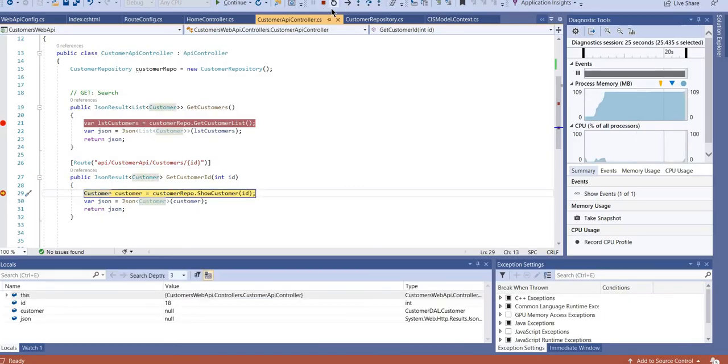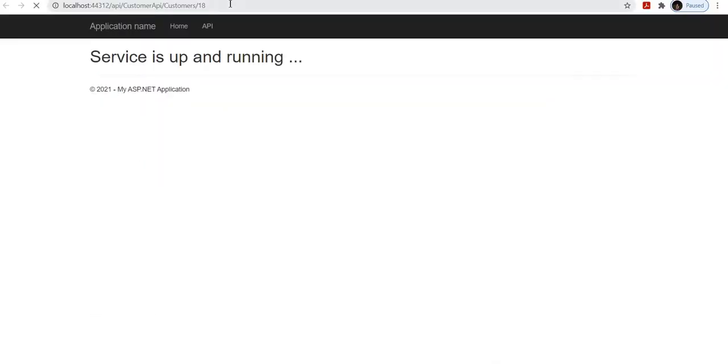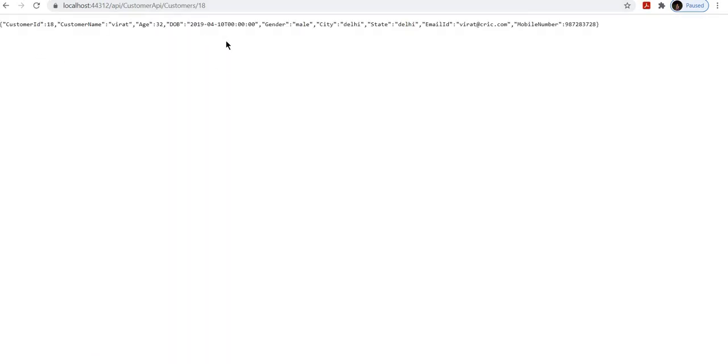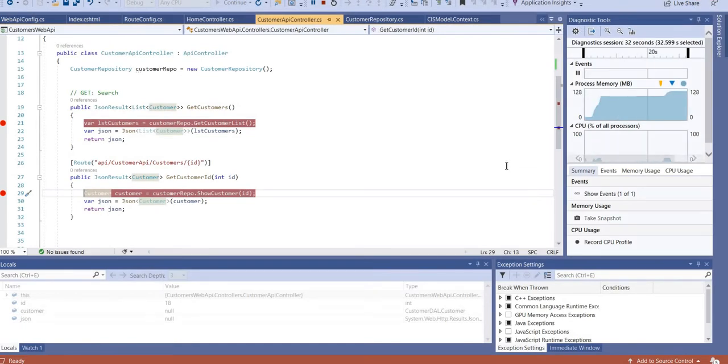So it comes here. Okay, show customer, and it will show the value here. Okay, fine. So that means our web API is also working.